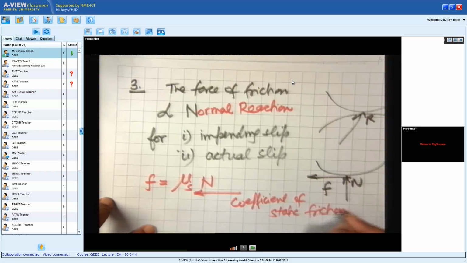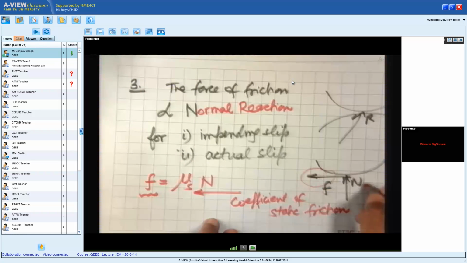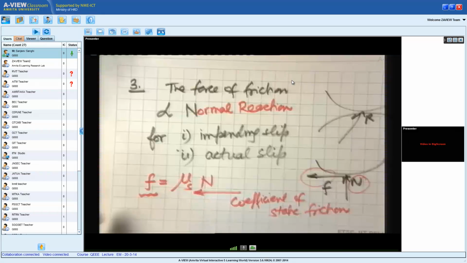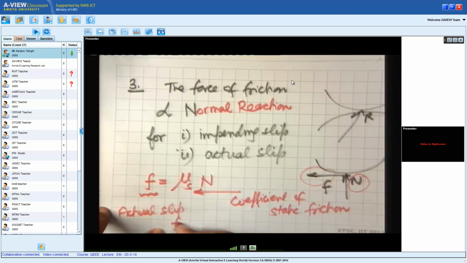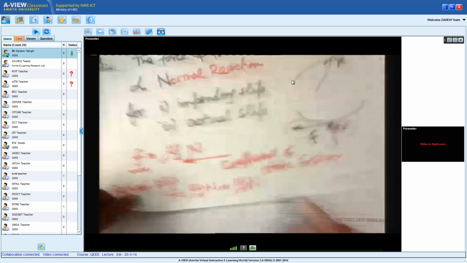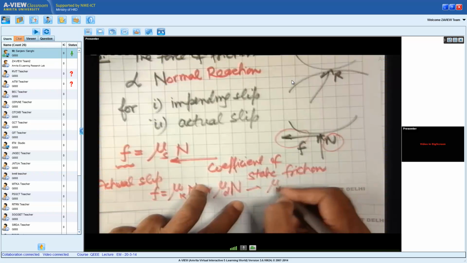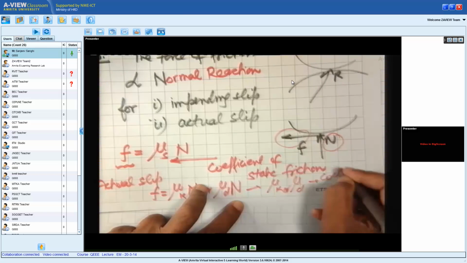This will be the case when the body is just about to move, and in that case friction force is related to the normal force by the formula F = mu s N. And in the case of actual slip, if the bodies are actually moving, then F = mu k N or mu d N,